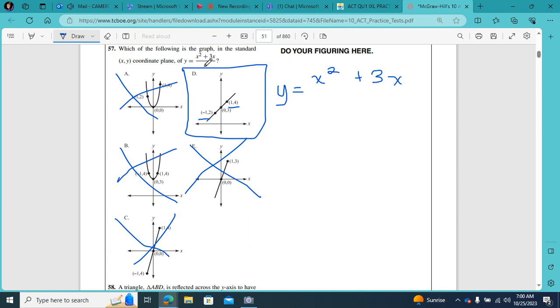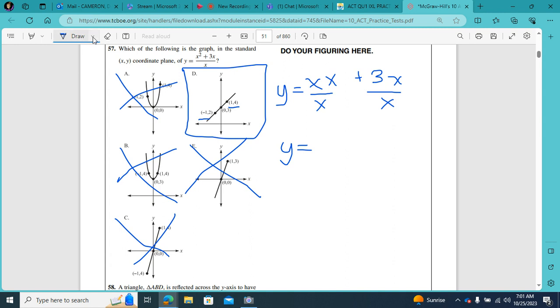And instead of leaving my x here like this, I'm going to split it up between both pieces. X squared over x, 3x over x, which would give me y equals x squared divided by x. Instead of writing my x squared, I could write x,